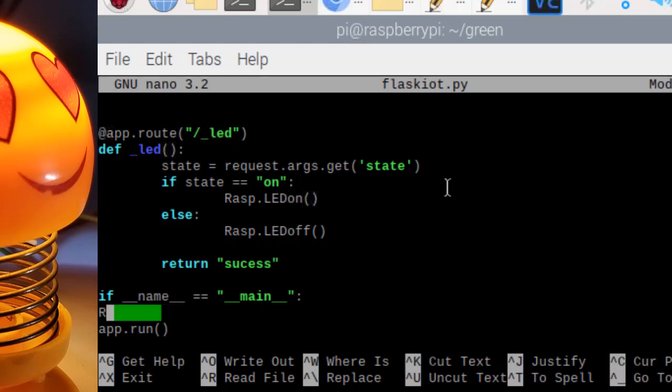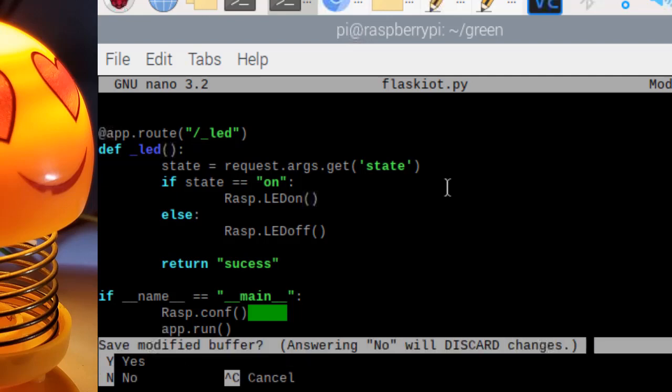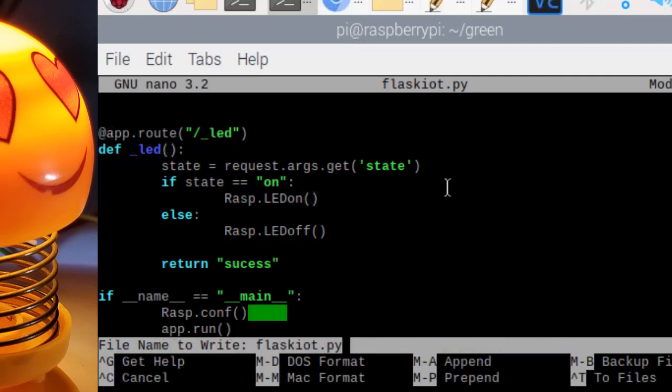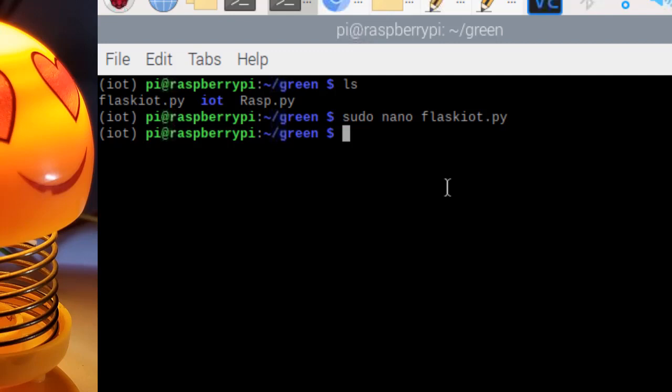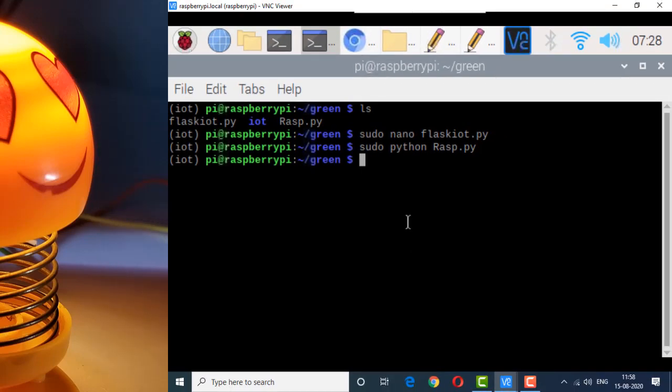Then inside this if, we just call our conf method with proper indentation and save this, and just come out. So we have successfully added the two methods, and type sudo python rasp.py. So there is no error,